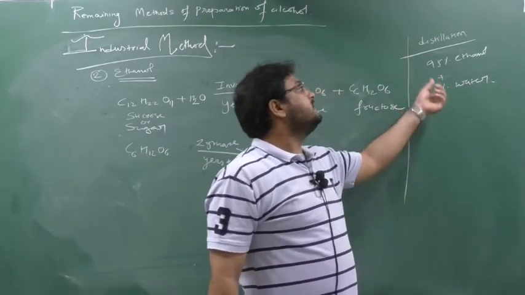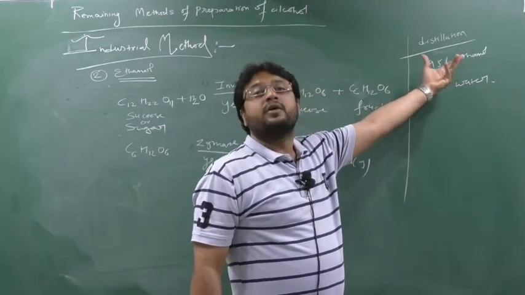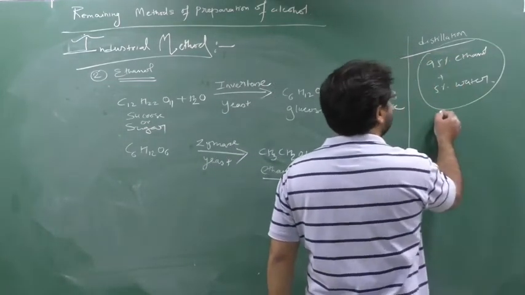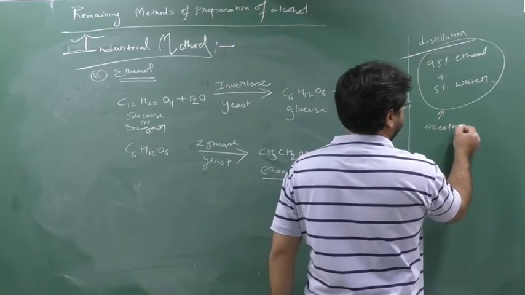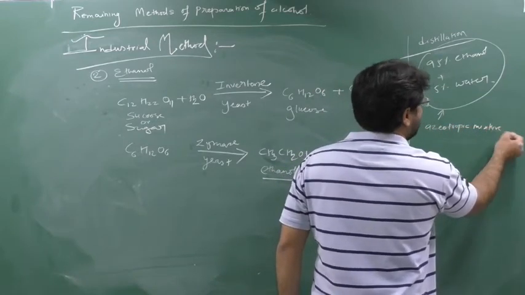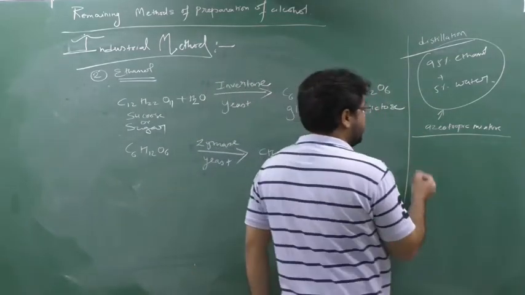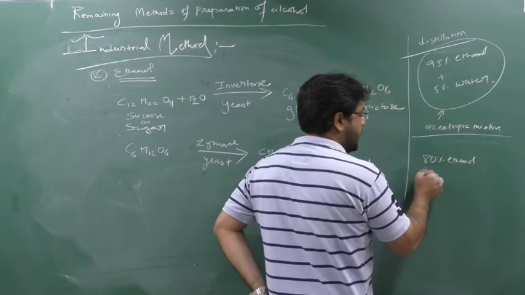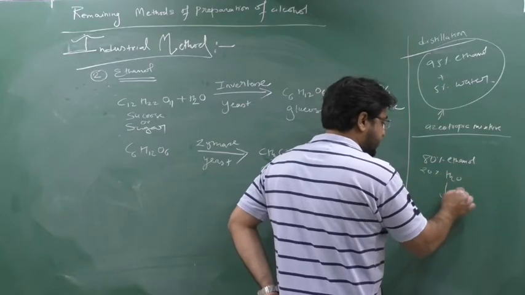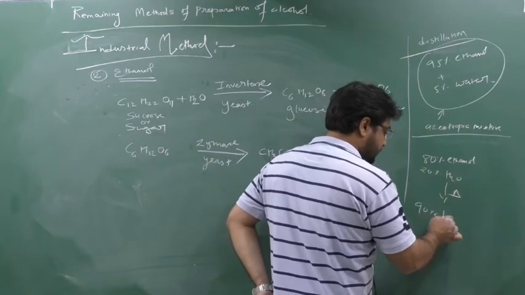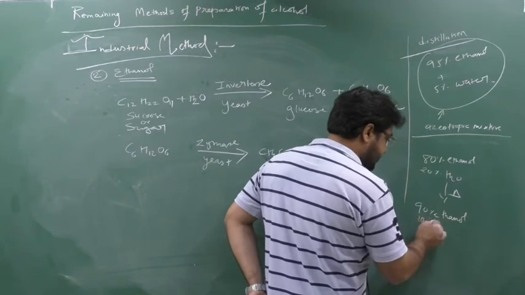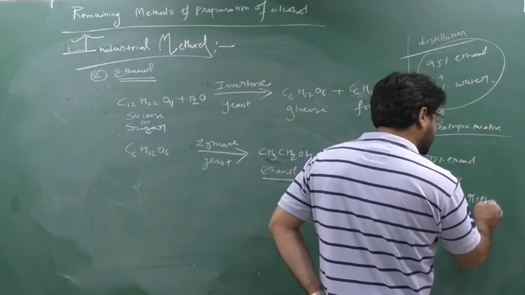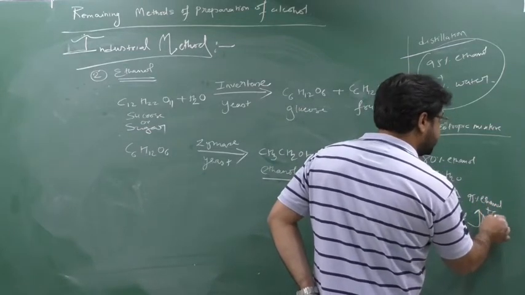So what will happen, at 95% of ethanol, there will be 5% of water. These two together will form an azeotropic mixture. Which type of mixture? Azeotropic mixture. Okay. Now what do you mean by azeotropic mixture? In simple language, suppose I was having 80% ethanol. Understand this, it is not important but only for logic. And 20% water. So when I heated, I obtained 90% ethanol, and I got 10% of water. Again I heated, so I got 95% of ethanol plus 5% of water.